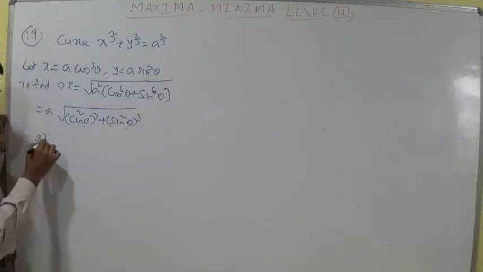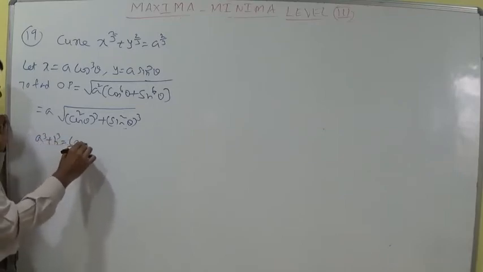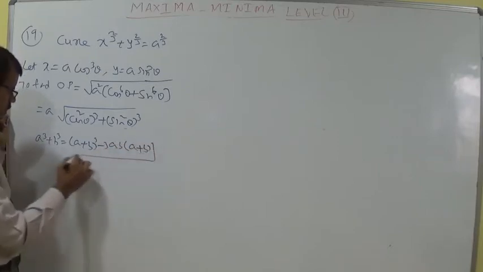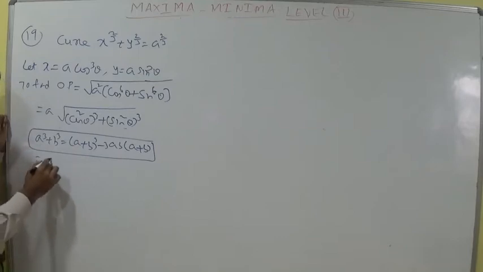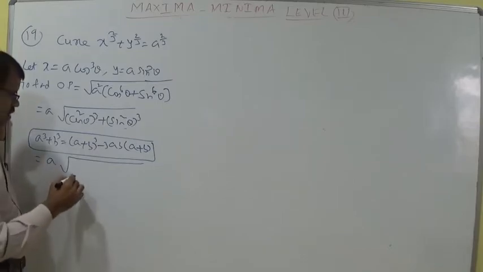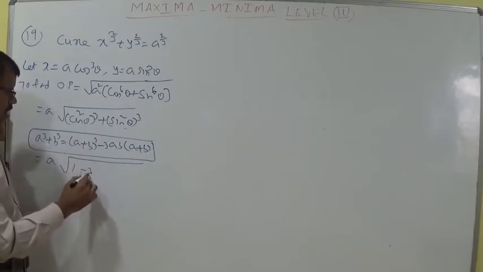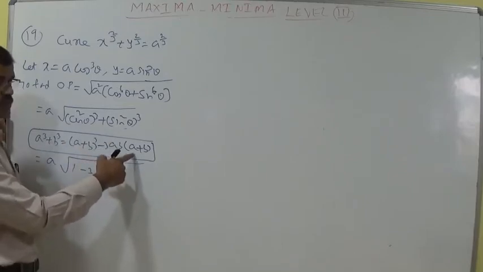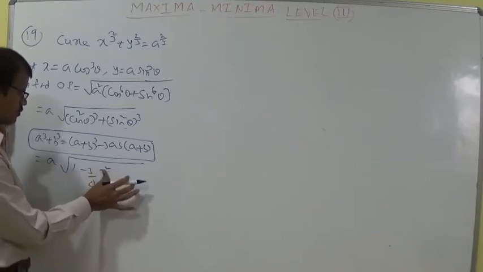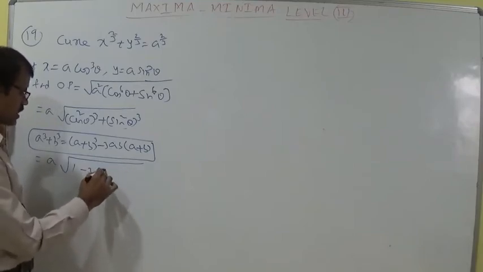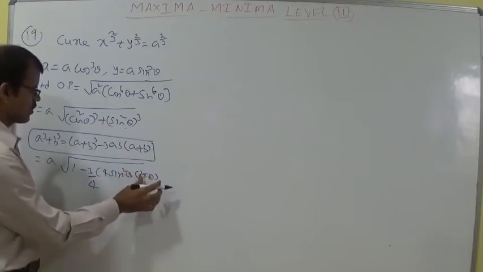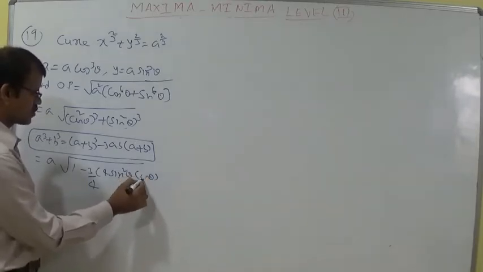Let us write the formula a cube plus b cube is equal to a plus b whole cube minus 3ab into a plus b. Using this we can write the value, a means cos square theta and b means sin square theta. a plus b whole cube becomes 1 minus 3 into cos square theta sin square theta, within the brackets cos square theta plus sin square theta becomes 1. So you can write here 3 by 4. 3 into sin square theta cos square theta, I am dividing and multiplying with sin square theta cos square theta. In trigonometry we have discussed this one plenty of times.